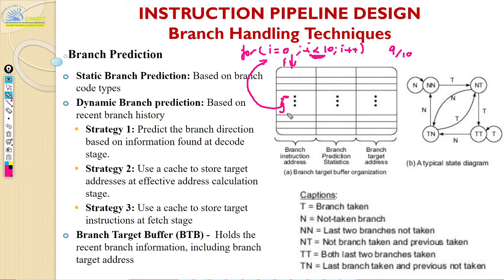Correct, isn't it right? And if it becomes 100, i equals 100, then it's 99 out of 100 times I am going to branch at this point. I'm not going with PC equals PC plus 4 here. If it's a for loop, most certainly I can say that my for loop is going to take a branch. So that is the static branch prediction.